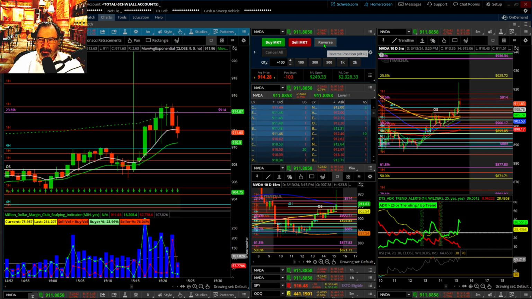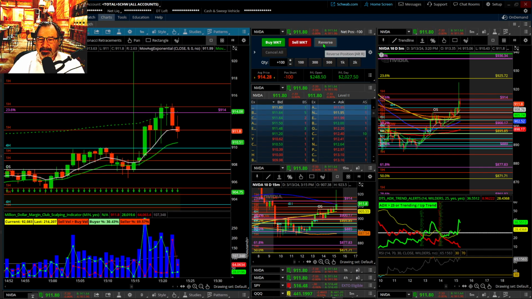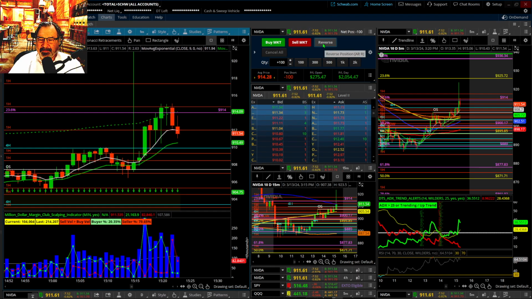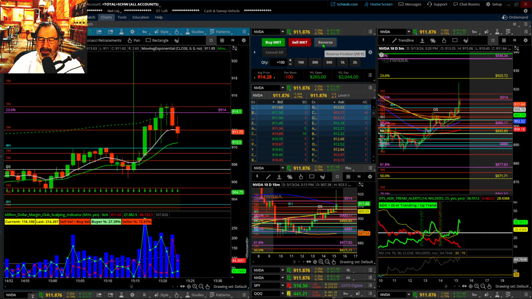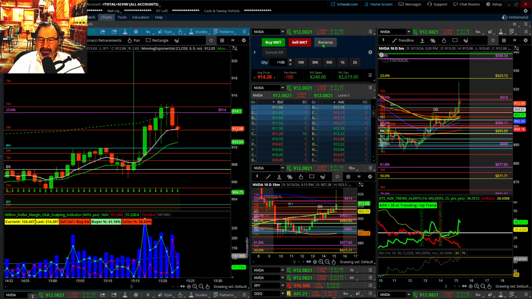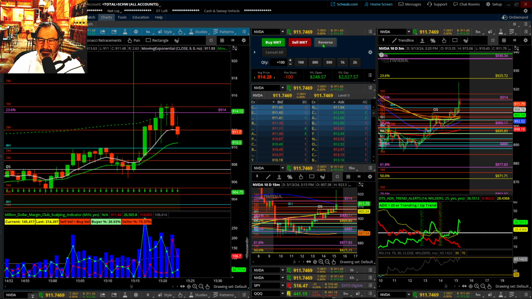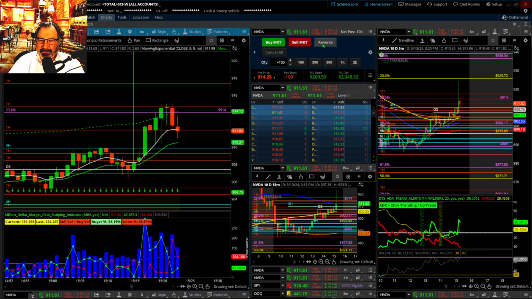Okay, let's look for the 4 hour for support. Look for the 4 hour for support, guys. So roughly 910. If it goes down there, it might not. Man, I should just take this scalp right here. This is very tempting. That's at $265. It's going back up. 911.81. Just not getting the spreads that they have. I didn't trade this stock this morning, but the